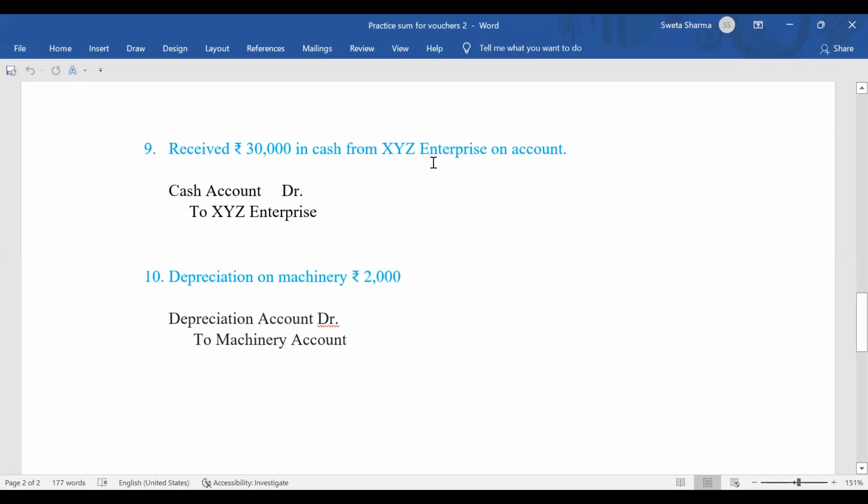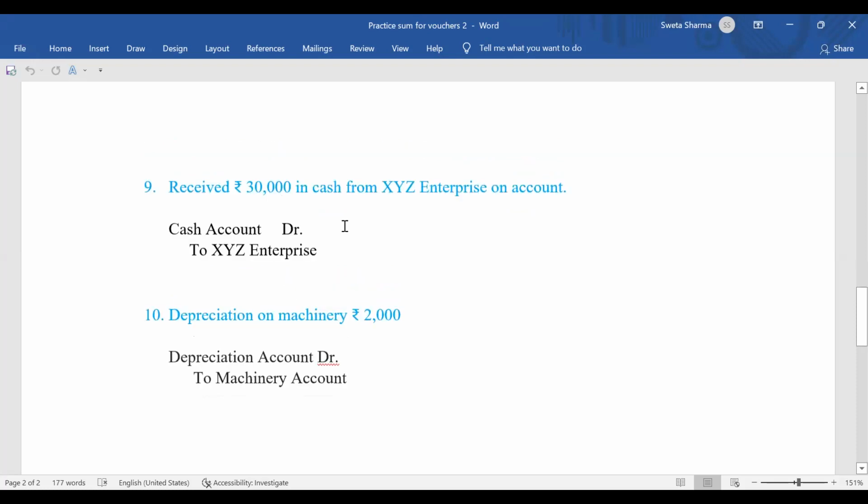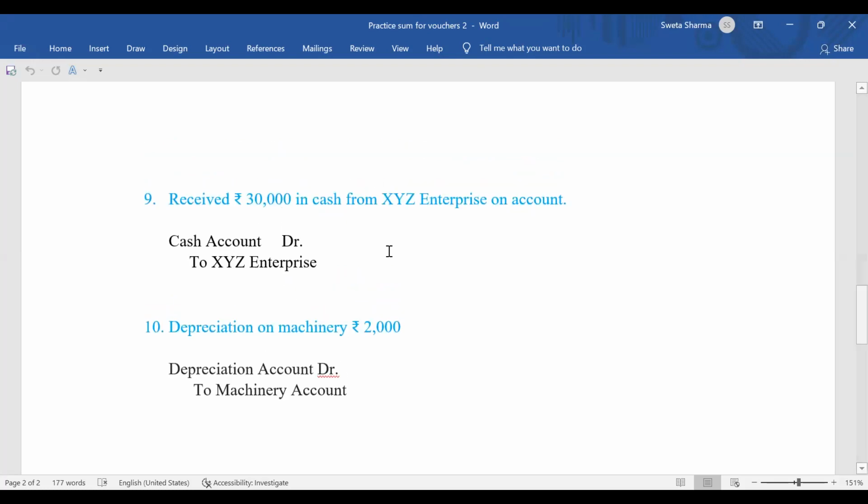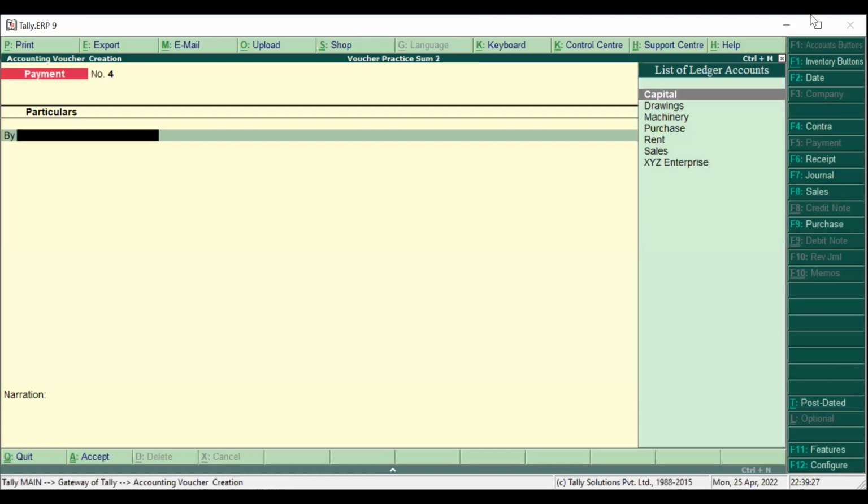Received rupees 30,000 in cash from XYZ Enterprise on account. So cash account debit to XYZ Enterprise. Amount is 30,000. We have received, so business has received money. We are going to record in receipt voucher